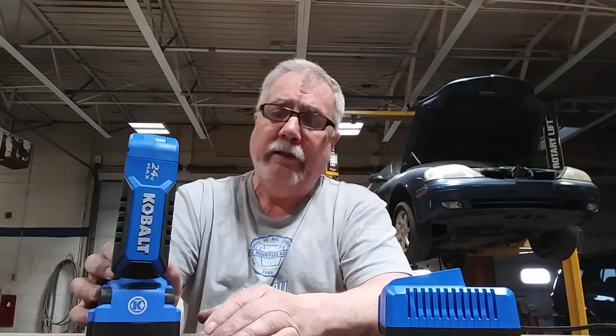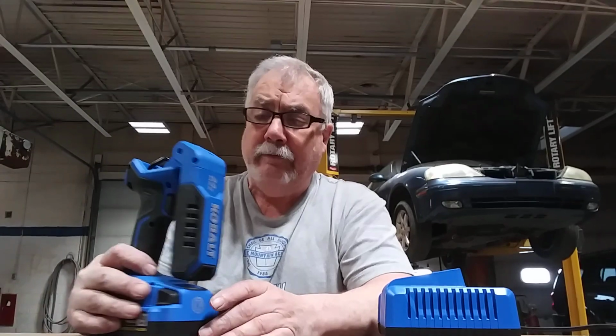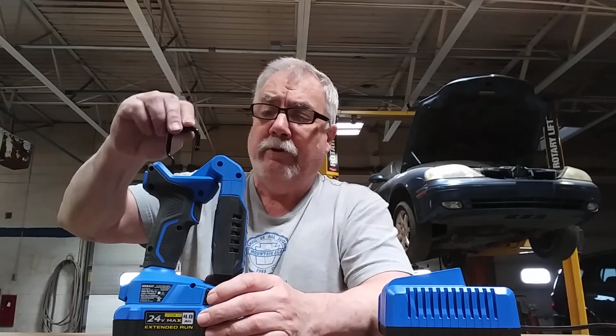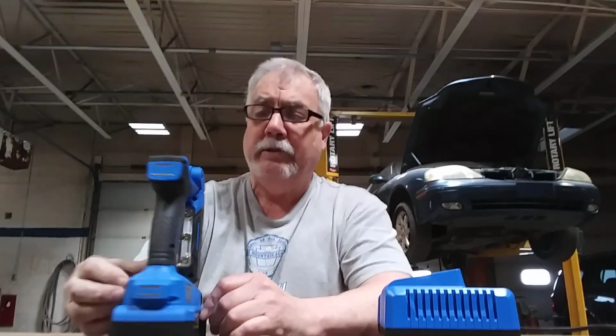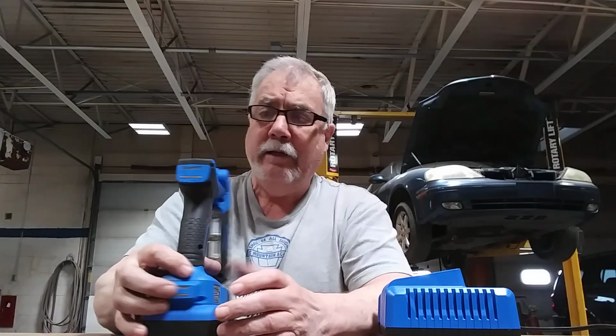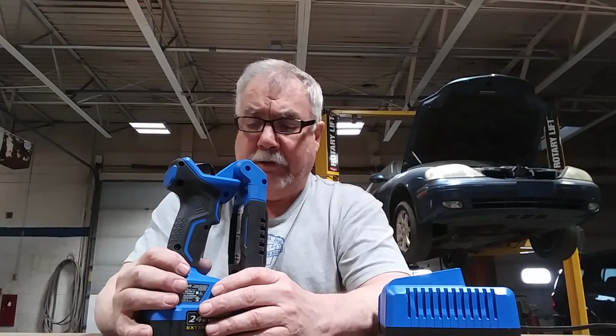I'm disappointed that they felt the need to up their pricing, and this was done before the whole COVID-19 thing went into effect. So anyhow, if you're looking for a good cordless light with lots of features, and that probably, yep, that turns all the way around. That's for hanging it up. It's got the magnets on the backside. Nice strong magnets. I don't think they're like neodymium or anything like that. But yeah,